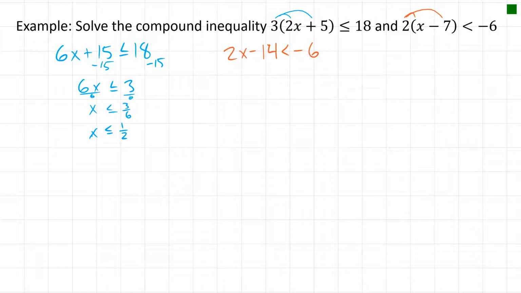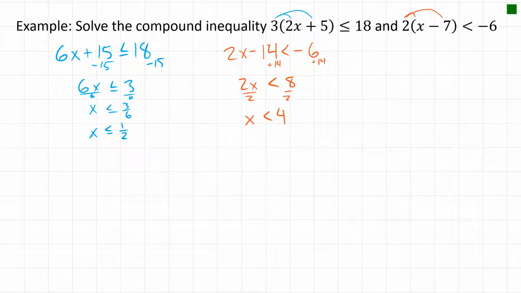In the orange, we're going to add 14 to each side. So I get that 2x is less than negative 6 plus 14, which is 8. So that would be that divided by 2, x is less than 8 over 2, which is 4. So here we have two solutions, and I'm going to put them on a common number line because it's really